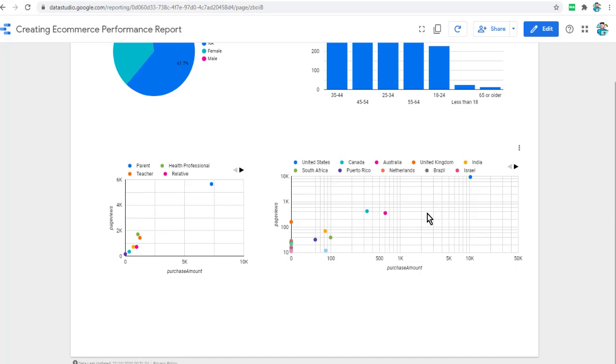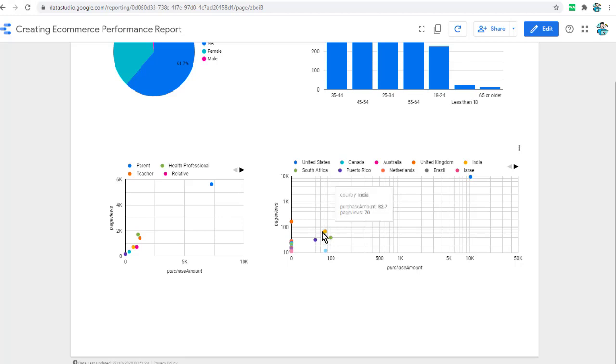And this report has more particulars. It has a lot of data points like number of countries.